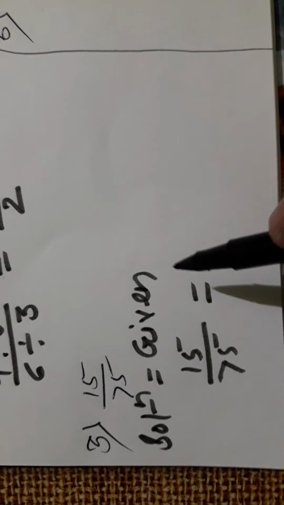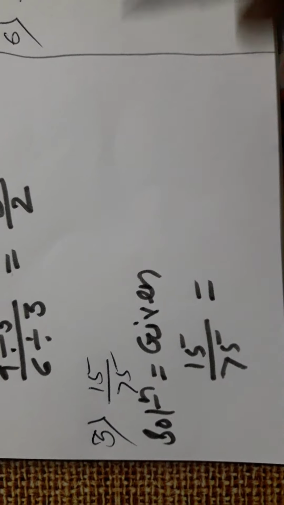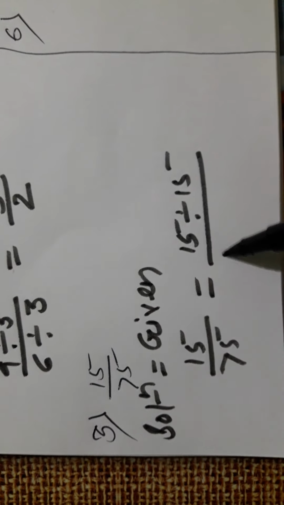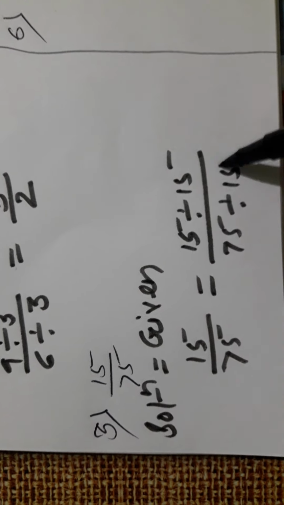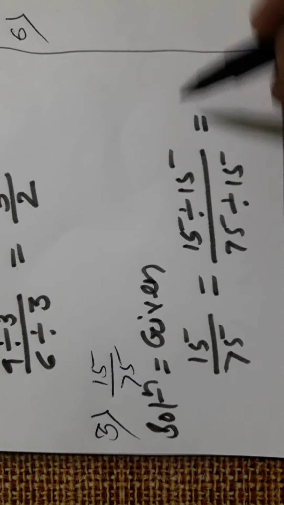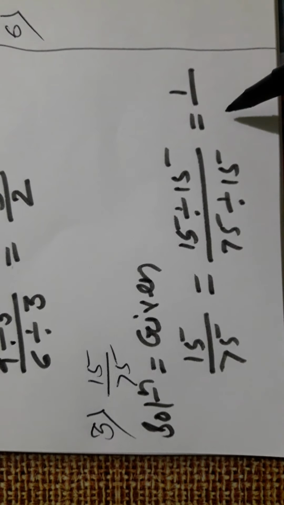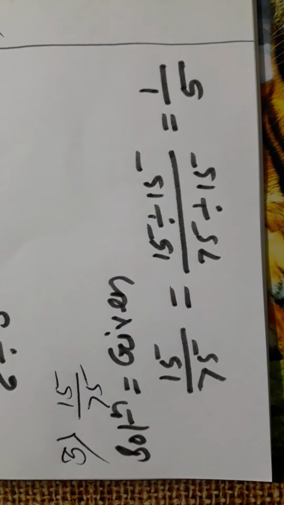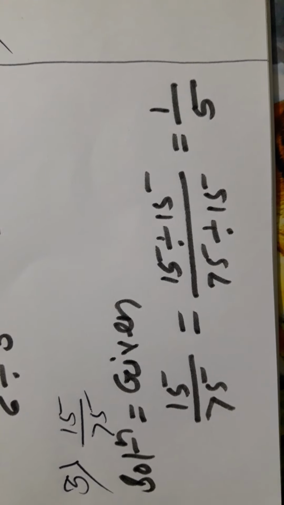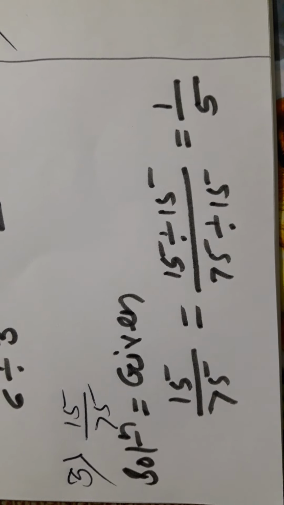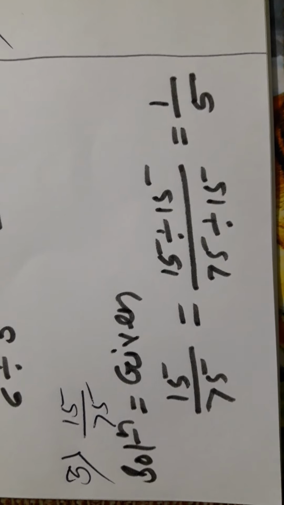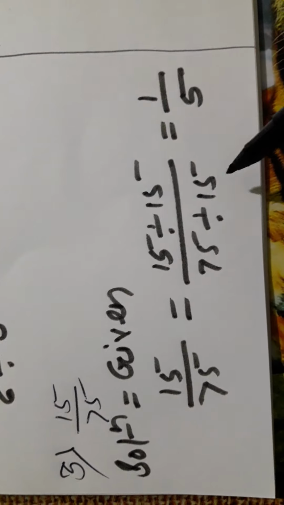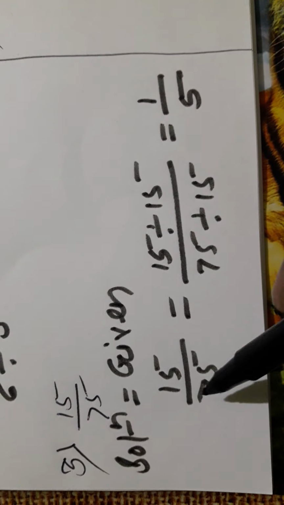We can divide it easily without any hesitation. Means like that, 15 upon 15 and 75 upon 15. What will be the answer? 15 ones are 15, 15 fives are 75. Now see here, we got 1 upon 5, and 1 upon 5 does not have any common factor again. Means this is known as the simplest form. This is the benefit. Now I know the table of 15, I can divide directly.